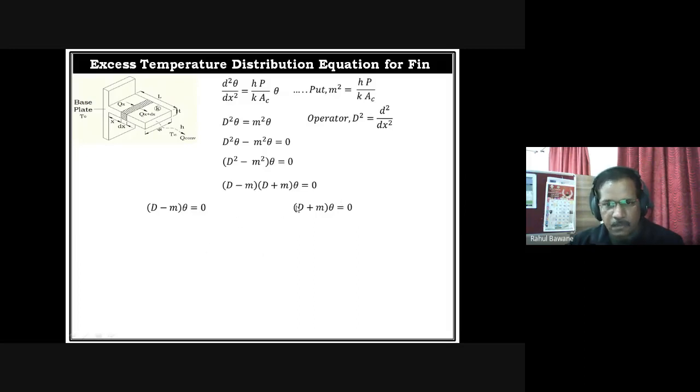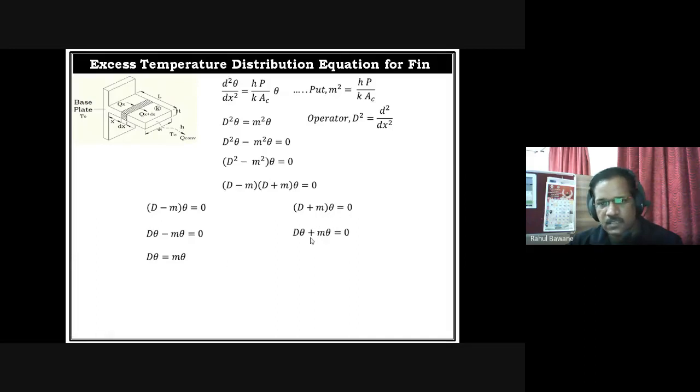Later on we will combine the findings. So the finding of this and the finding of this we will combine to form our generalized solution. Here we have a combined equation, we are splitting it, and later on we will merge it. So we have these two equations. Simplify this, so it becomes d theta minus m theta equals 0. Then if I shift this to the right hand side, d theta equals m theta.